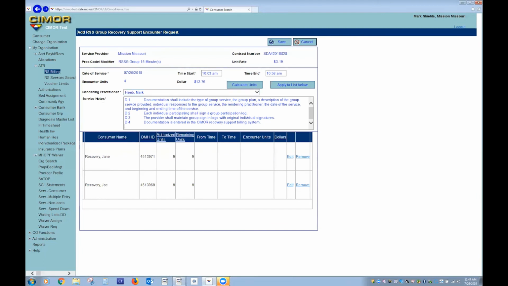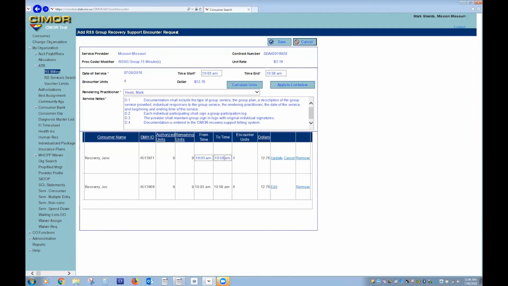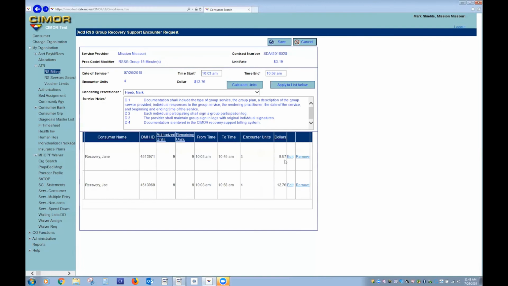So after we've done all of this, there's an extra step here, apply to list below. The reason why we do this is, let's say Jane actually left the group at 10:45 because she was pulled out to go meet with her recovery coach. And so now what we've done is we've changed this so that Jane's billing reflects a beginning and ending